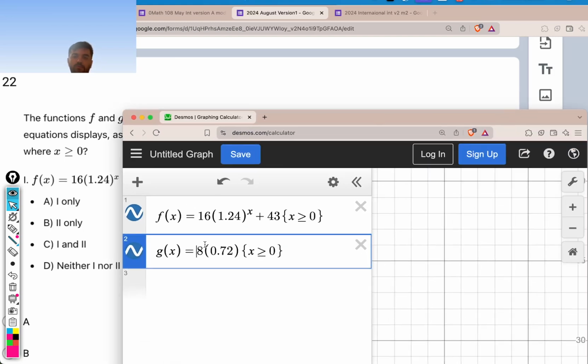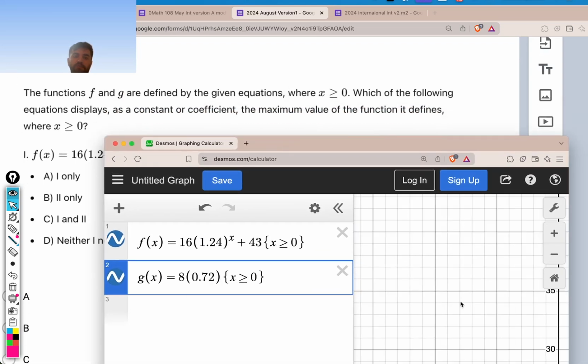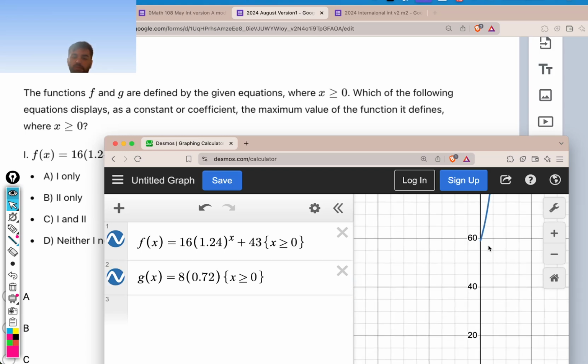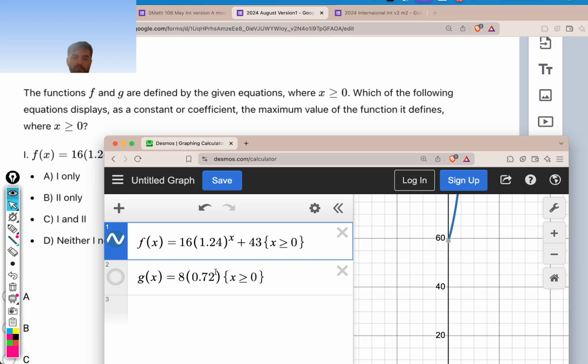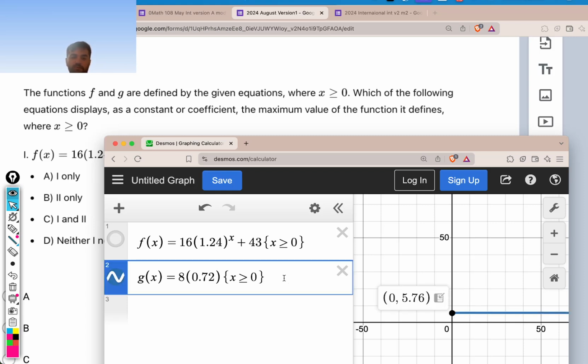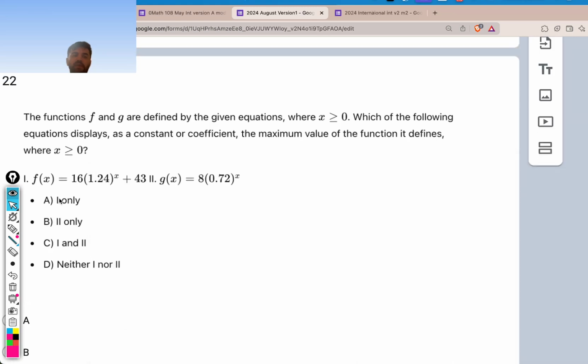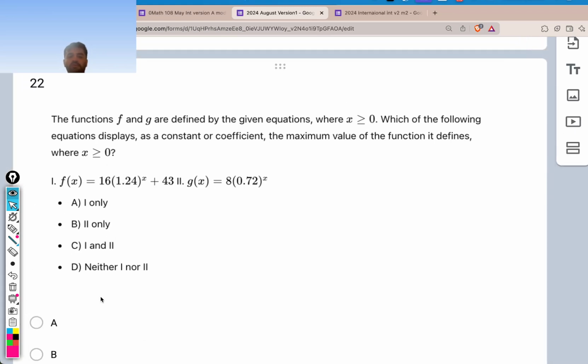Okay, let's look at the first one. It says which of the following displays its maximum value as a constant or coefficient. So it is the first one. You can see that is 59. We don't have 59 here, so it is not correct. And it's also not maximum value, it is minimum value. Let's look at the second one. It is 8. No. Okay, we have also here which power of x. It is 8. And we have 8 here, and 8 is maximum, so it is correct. Answer is B here. Most of the time in this type of question the answer is D, but for this one it